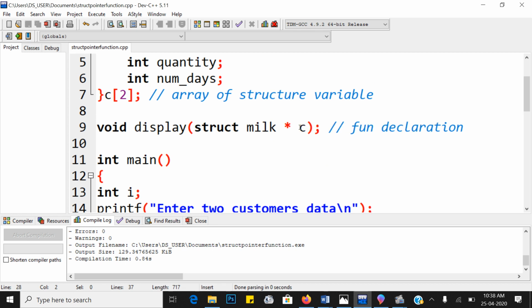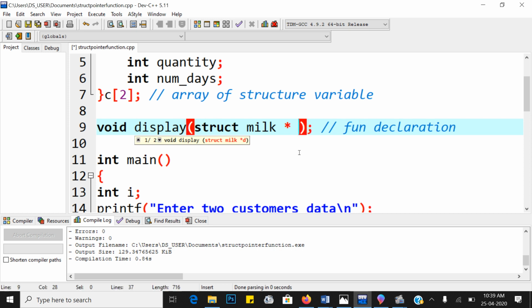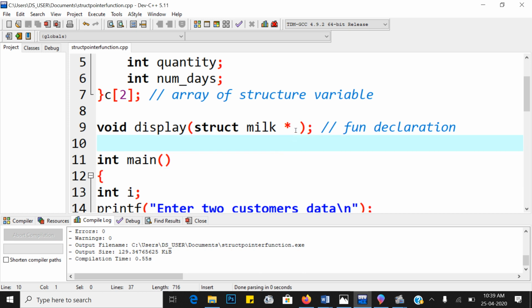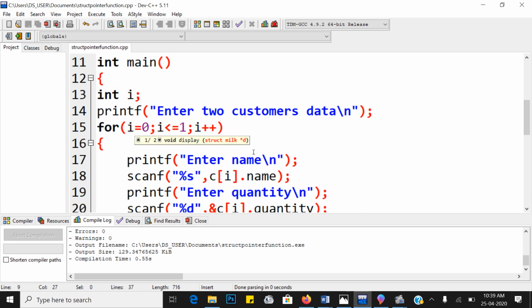Okay, let's see here, pointer D, and in the function declaration it remains pointer C. Does it work? Yes, it works. Actually, in function declaration or function prototype, no need to write the name of the structure variable also. Okay, remove it and then check whether it works or not. Any compilation error? No. So no need to write the variable name, only the data type: how many arguments are there in the function and their respective data types. These are the must things.